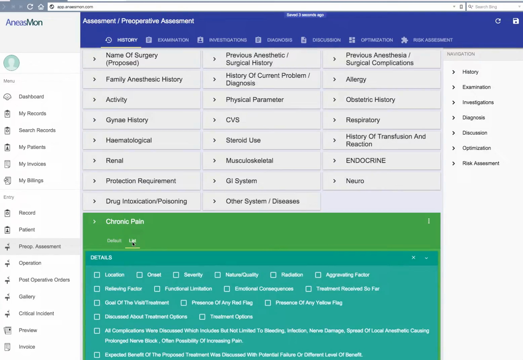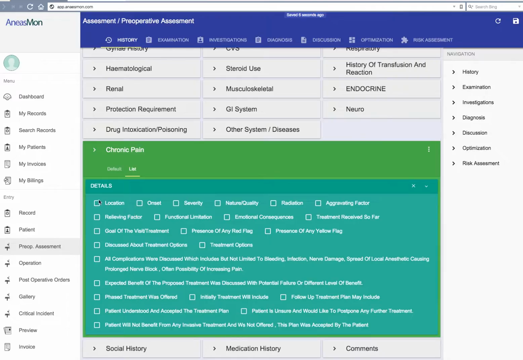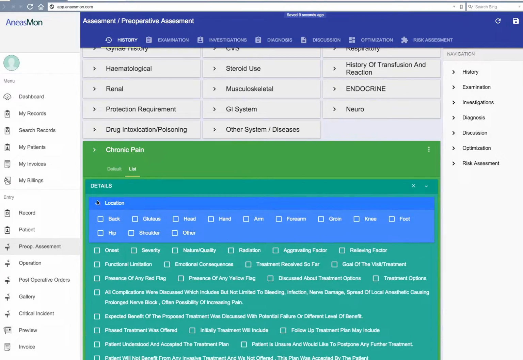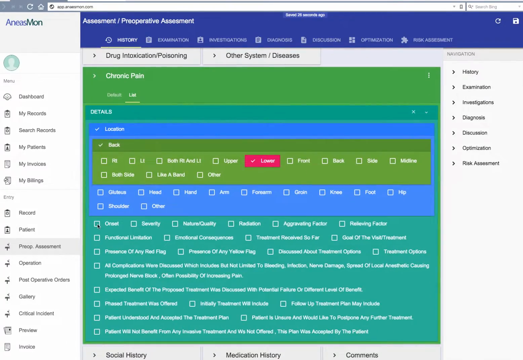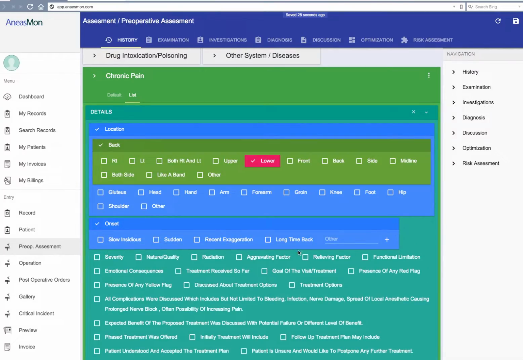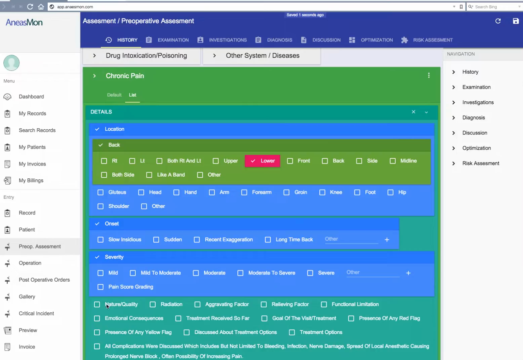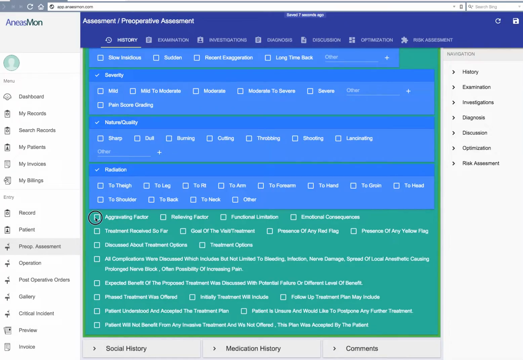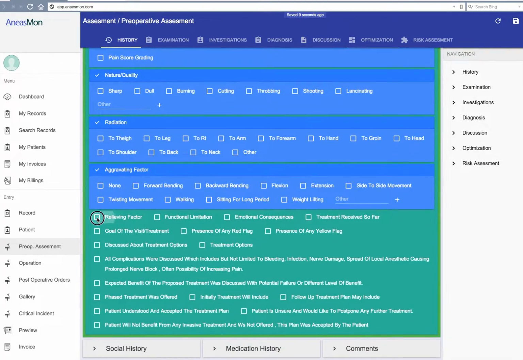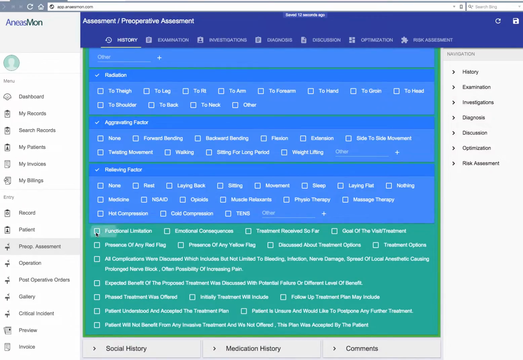Here is chronic pain, which can be used by the pain specialist or even a physician who wants to document about the patient's chronic pain. This can be given into different areas like location, and even if you click on the location, it gives you extra description which can be selected, like if it is in the back, and if it is lower back, click on lower. The onset, there are different choices: severity, nature and quality, radiation, aggravating factors, relieving factors, is there any functional limitation,